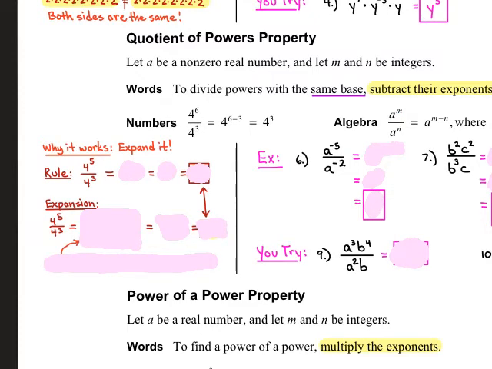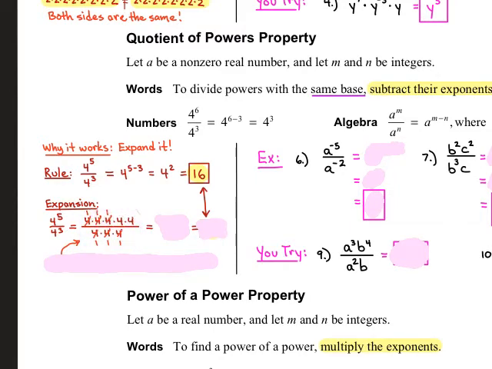Why does it work? All right. Well, look at here. Okay, there's 2 ways to think about this. You have the rule, which is right here. So 4 to the 5th divided by 4 to the 3rd, you would subtract the exponents, you get 4 to the 2nd, and that's equal to 16. If you use the expanded form,